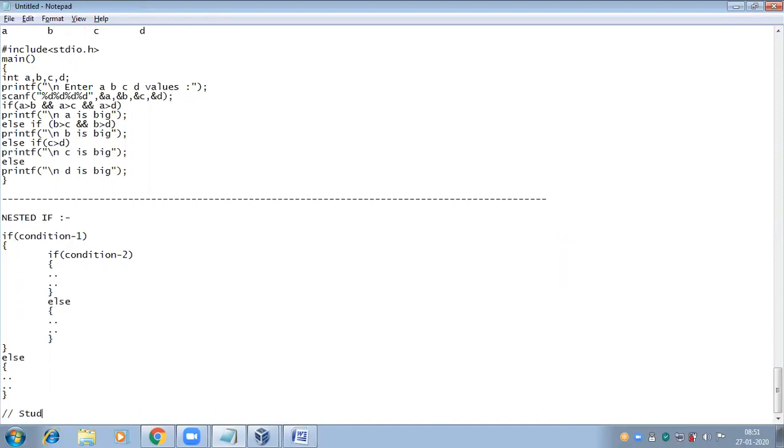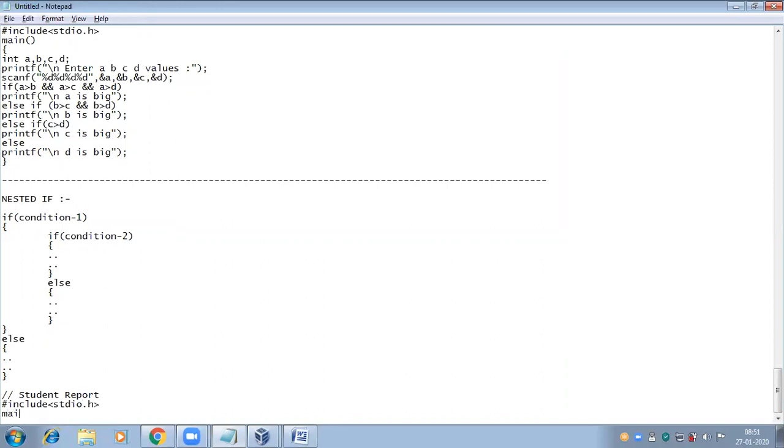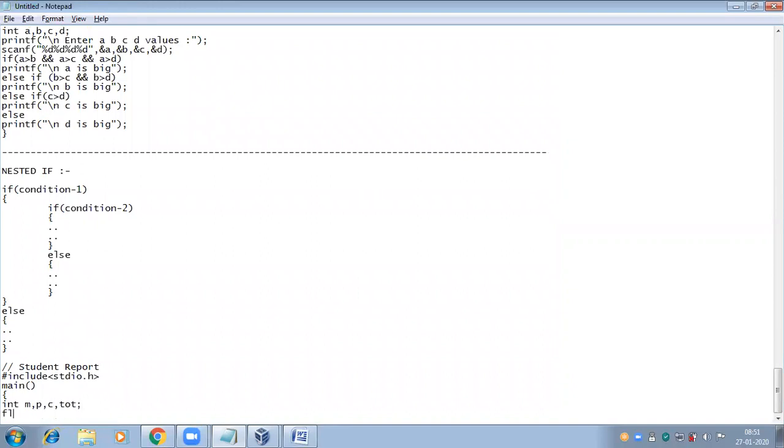For example, a student report. Here I am taking the subject marks M, P, C, comma total, then float average.